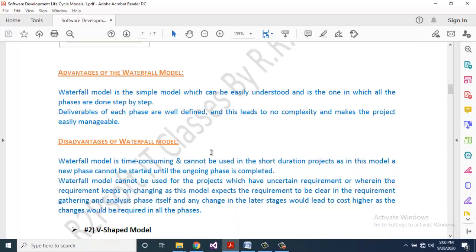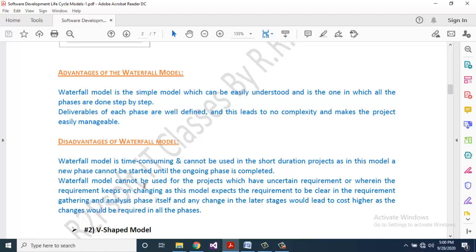Disadvantages of waterfall model: it is time consuming and can't be used in short duration projects, as in this model a new phase can't be started until the ongoing phase is completed.